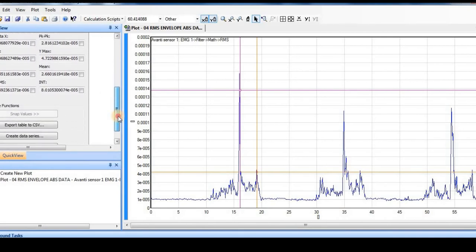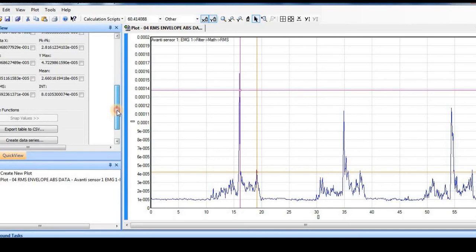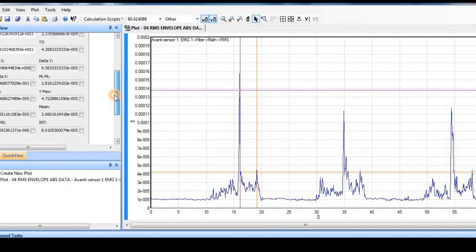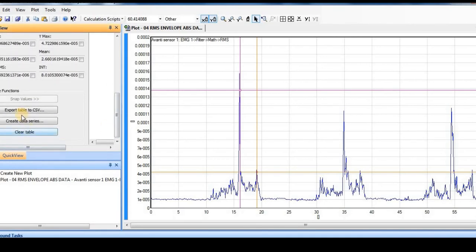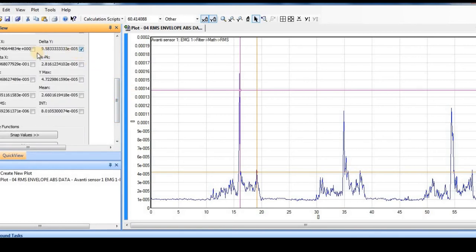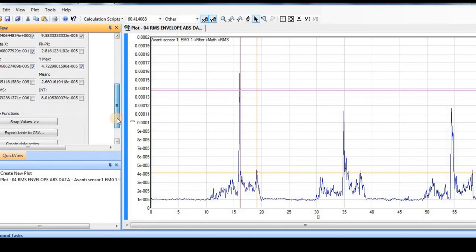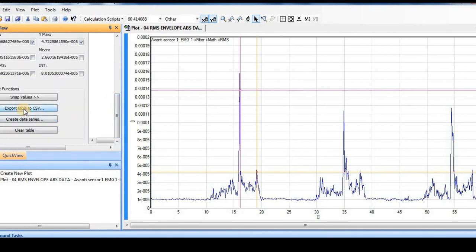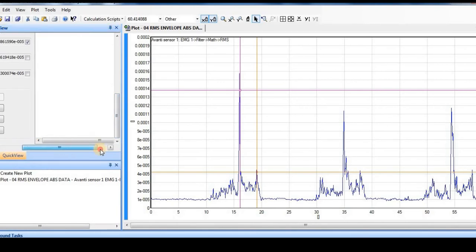You have many handy calculations already done in the quick view that we can export also. We can take a snap of it also. You will just check whichever value you want. So I'm checking, let's say, these 3, 4 or 5 values. You can check all the values also. The moment you do it, you can export this table in the form of a CSV. You can create a new data series of all these values, or if you want to just snap these values, you just snap these values, and these values are here in front of you.